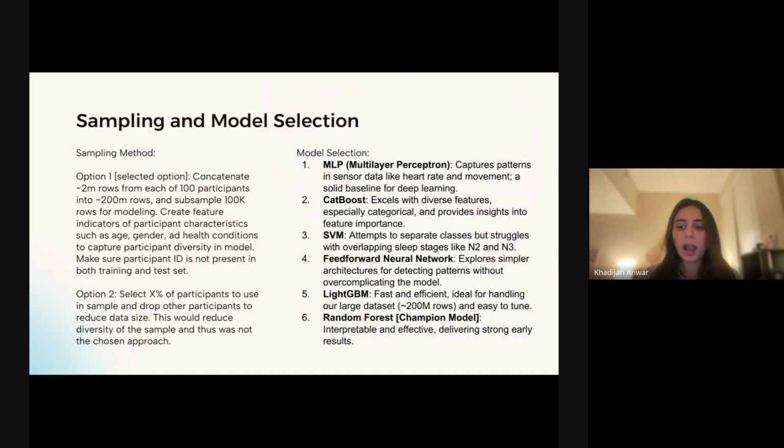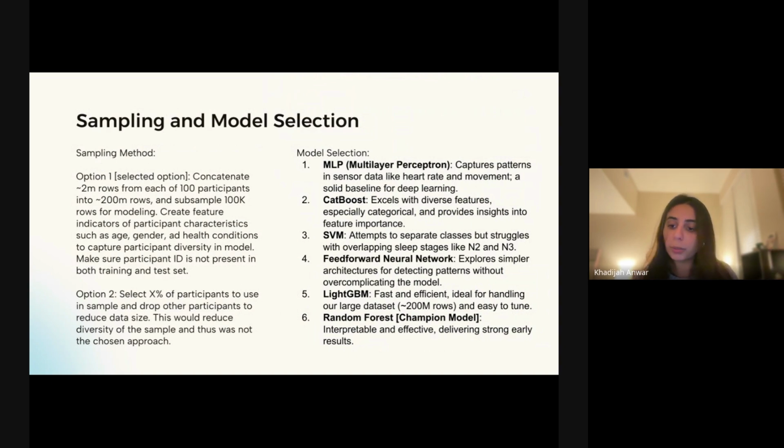In terms of actually setting up the modeling and sampling approaches, we considered 2 sampling approaches. The first was concatenating the 2 million rows of data per participant for all the 100 participants to get a data set of 200 million rows. But obviously this was too computationally large. So what we did was we first class balanced and sampled down 15% of the data and then subsampled 100,000 rows from that for modeling. We then created Boolean indicators for age, gender, and health conditions in order to capture participant characteristics and made sure that the participant ID column was not included in modeling to avoid leakage of information from training to test